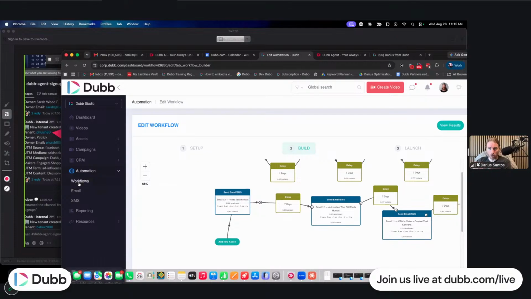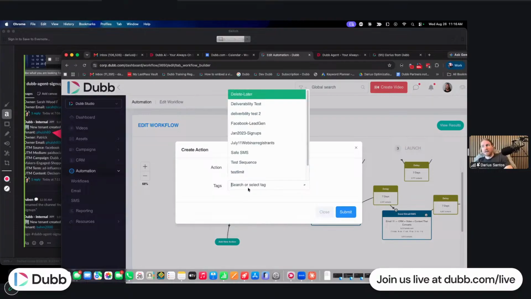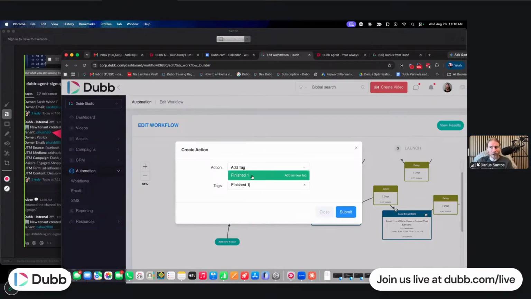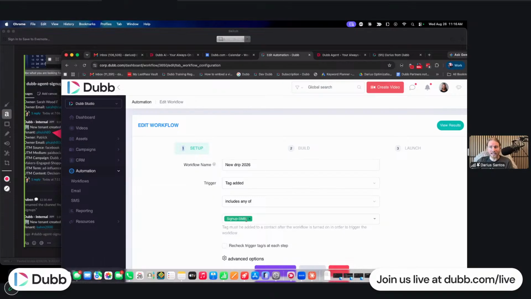Should I have a second workflow for the people that have reached the end? In my opinion, the answer is yes, because the people that have reached the end are either going to get nothing else at this point, or we're going to have to bring them over to a second flow. So what I would do for you right now, Bill, is just add the tag that says finished 1, finished workflow 1, or something like that. And then that becomes the enrollment criteria for the second workflow.